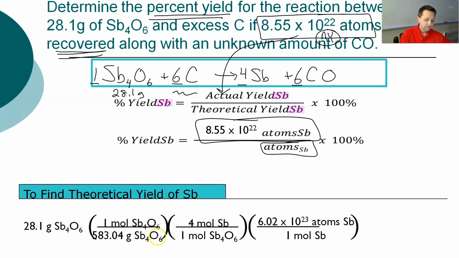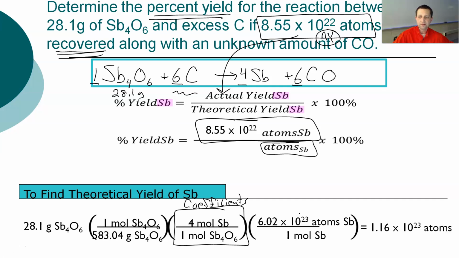Okay, molar mass of Sb4O6 is 583.04. 1 mole of Sb4O6 on the top, 1 mole of Sb4O6 on the bottom. Your next step, 4 moles of Sb on the top. That comes from our coefficients from the balanced chemical equation. 1 mole of antimony on the bottom, 6.02 times 10 to the 23rd atoms of antimony on the top. You go ahead and solve that, and you end up with 1.16 times 10 to the 23rd atoms of